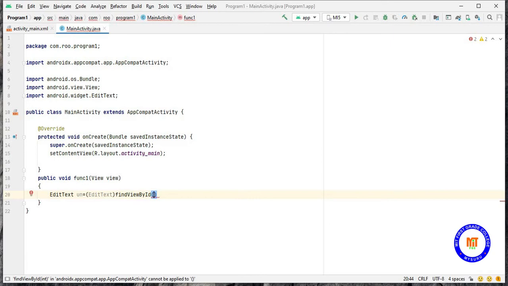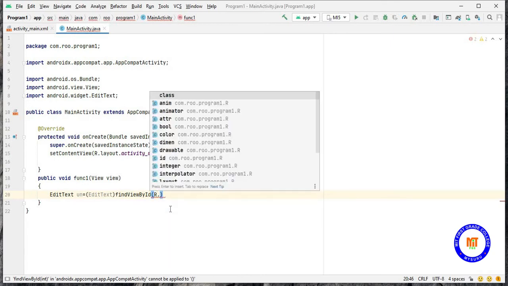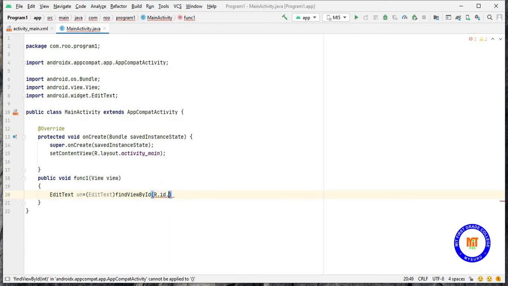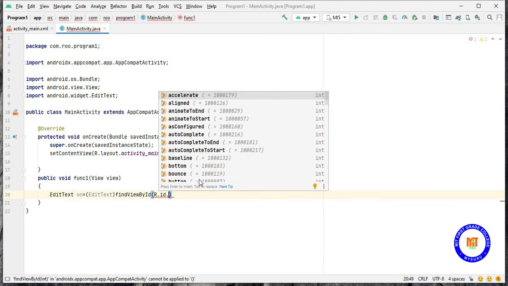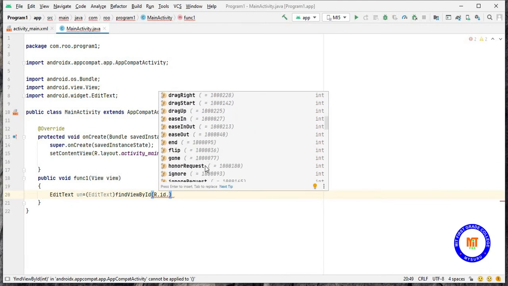Next I have to use R.id. The ID I gave is username.